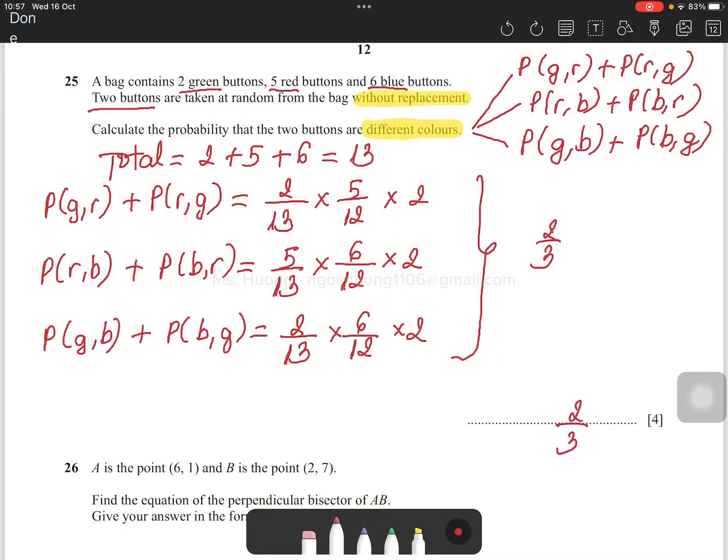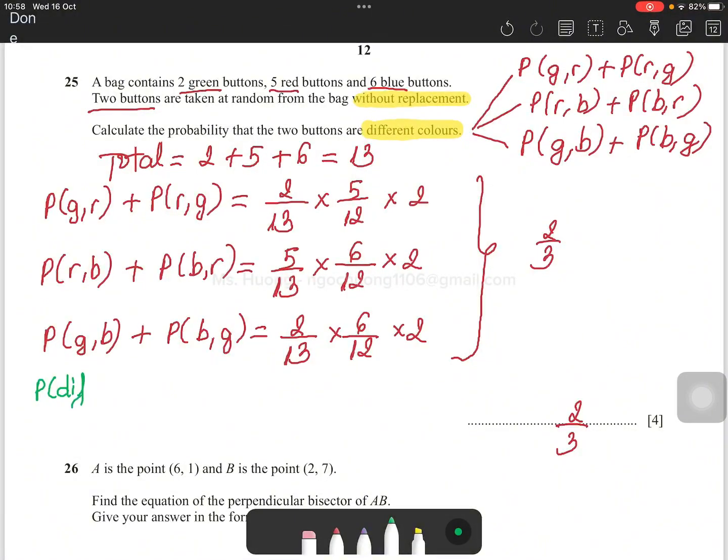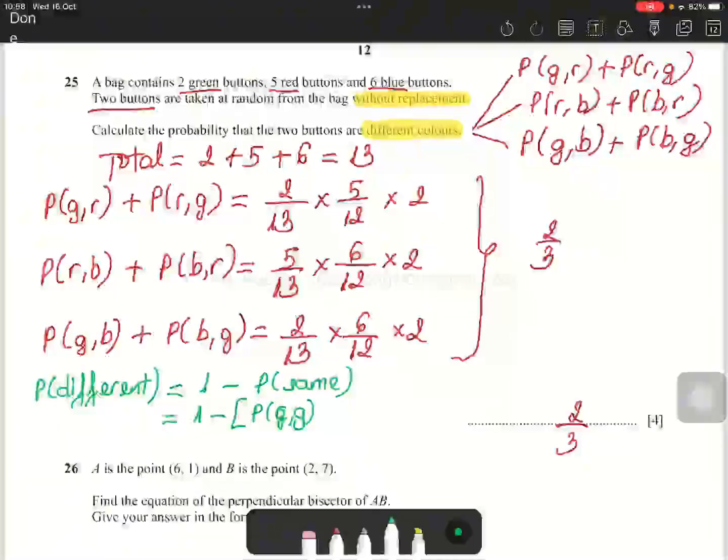This is one solution. We can also use another solution, which is, you know that the probability of different colors is the opposite of the probability of the same color. So we can subtract the probability of the same color from 1, which means 1 minus the probability of both green, plus both red, plus both blue,